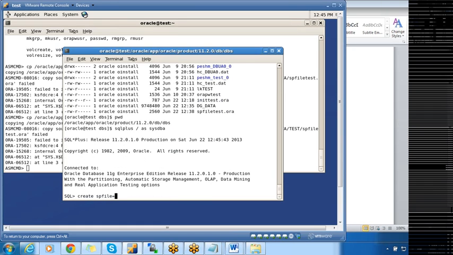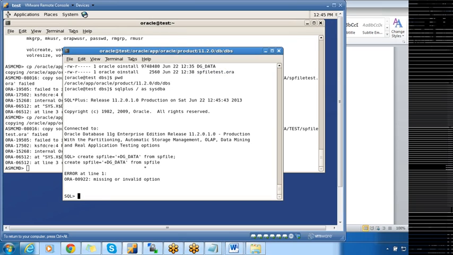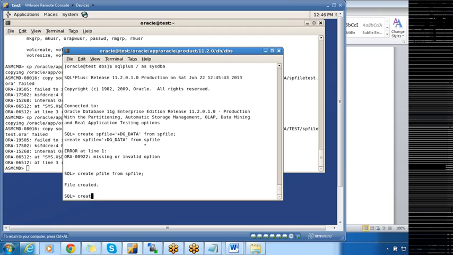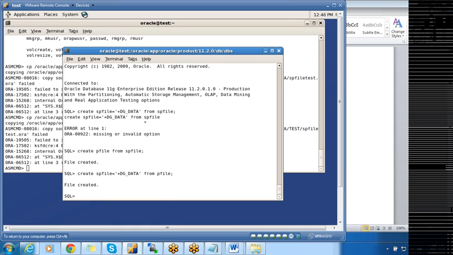SQL plus slash SHTPA. Create SP file equal to plus DG underscore data from SP file. We cannot do that. Create P file from SP file. Next, create SP file equal to plus DG underscore data from P file. So this will create the file in ASM. Done.